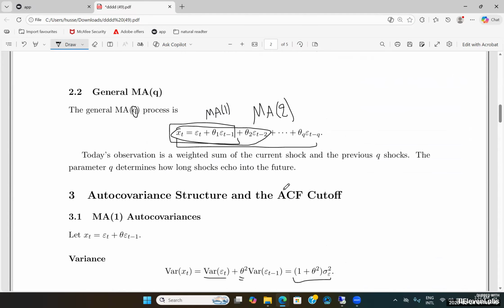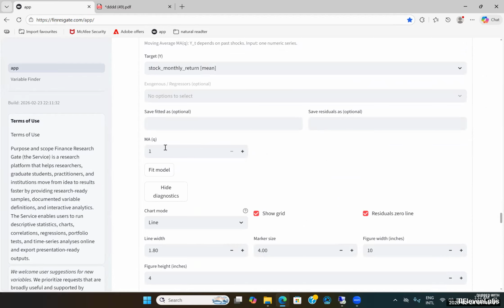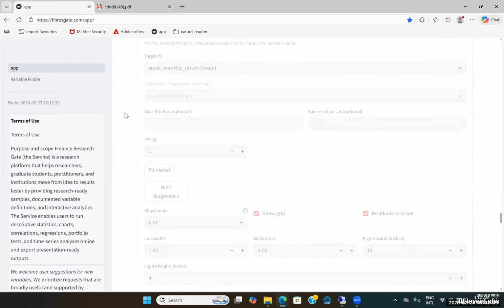Again, the MA model, or moving average model, is defined by this formula. In this framework, we regress the current observed level of our variable of interest against a weighted sum of the error shocks occurring in the current time period, and also incorporate the influence of all previous error shocks from earlier periods. So, for instance, if we select a moving average regression of order 1, then the parameter Q in our model would specifically be set to 1. And let's now fit the model.